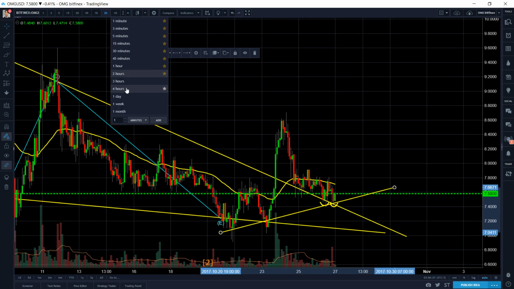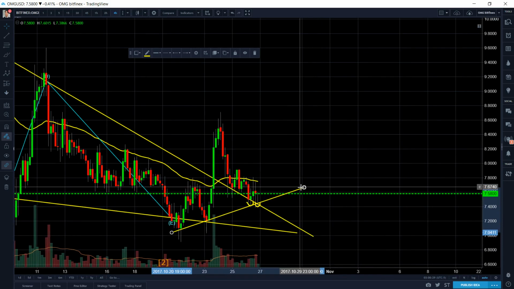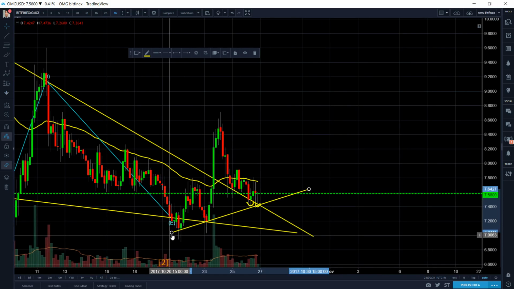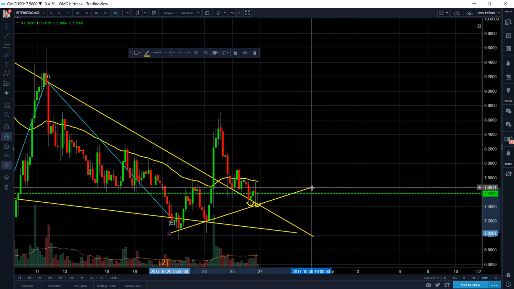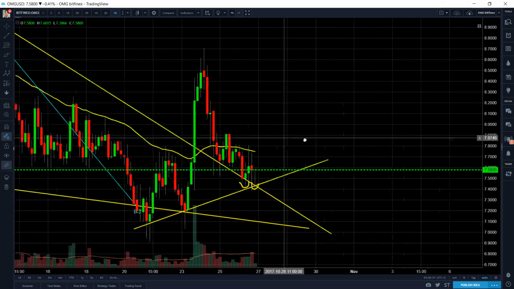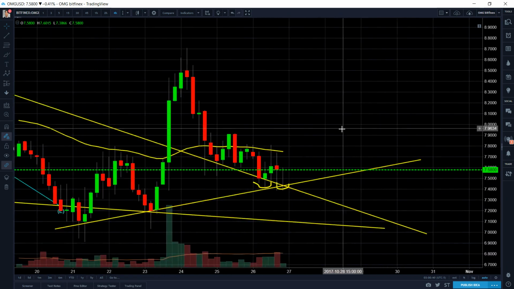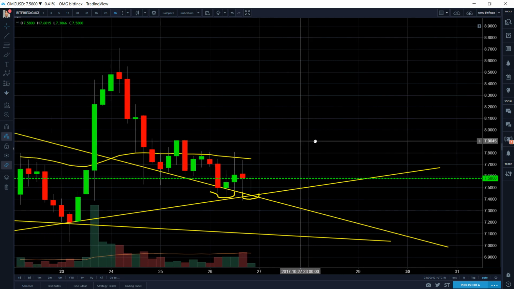Then let's say we go on a 4-hour chart. It makes even more sense, doesn't it, guys? See, look how we're drawing it on a 4-hour chart, the support right here. It's pretty beautiful, isn't it? And if you look on a 4-hour chart, right now what we have,